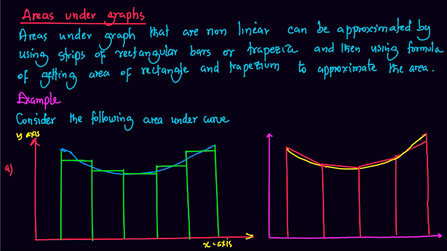So for part A, we can approximate the area under the curve, bounded by the curve, the line x is equal to A and the line x is equal to B,